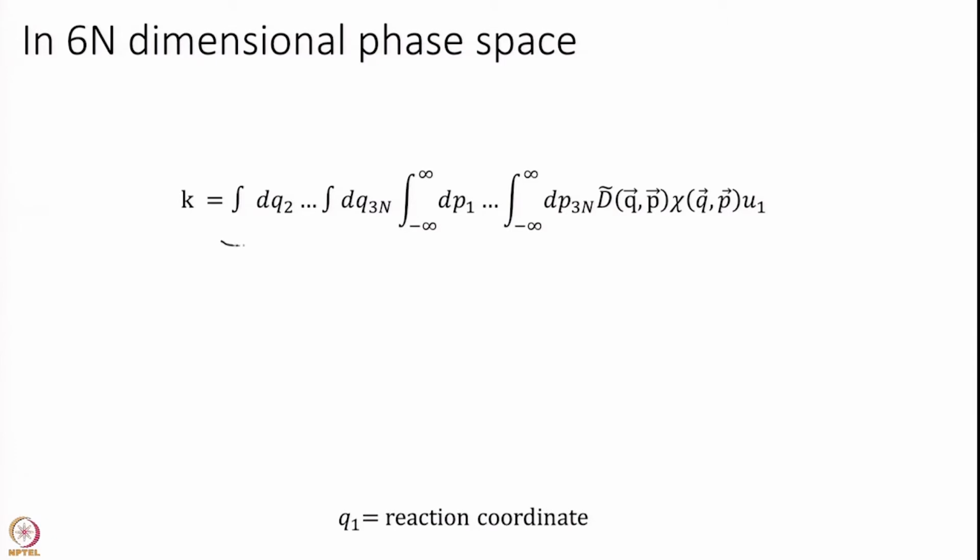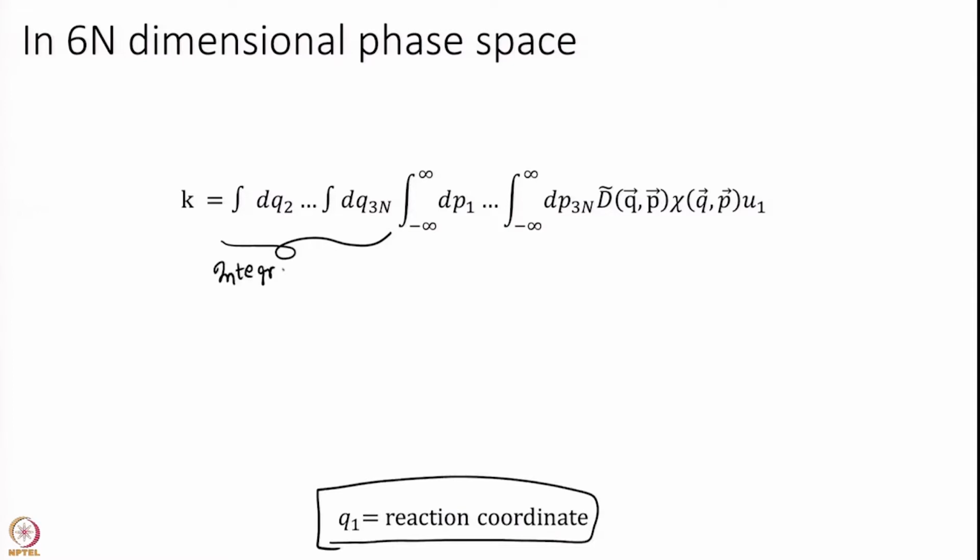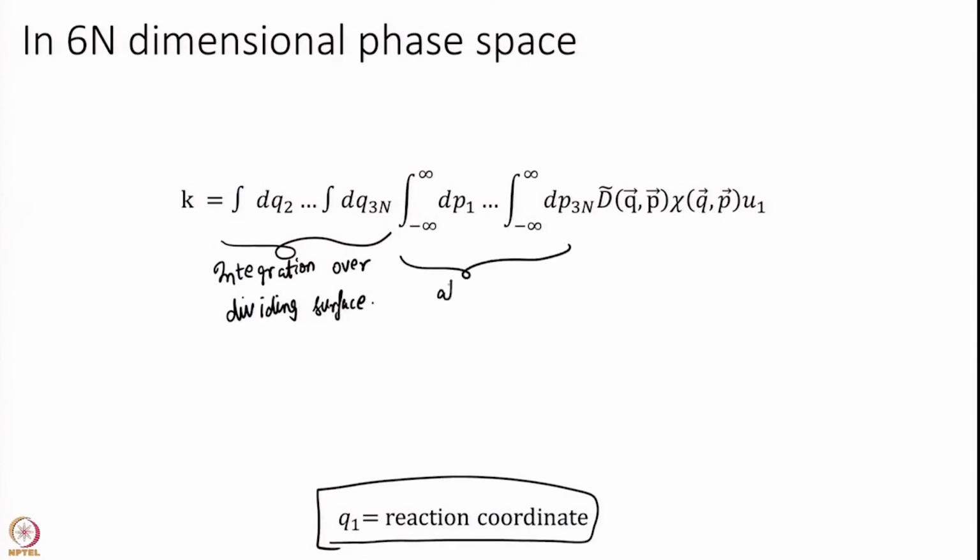We had integrated over all coordinates that is not the reaction coordinate. So, we have one coordinate that we call the reaction coordinate. So, this is an integration over the dividing surface. So, I am sitting at a transition state, one coordinate is my reaction coordinate, every other direction is perpendicular to this and constitutes my dividing surface. So, I am integrating over all this dividing surface. Here is reactant, here is product and this is a surface in between. I am integrating over all momentum.